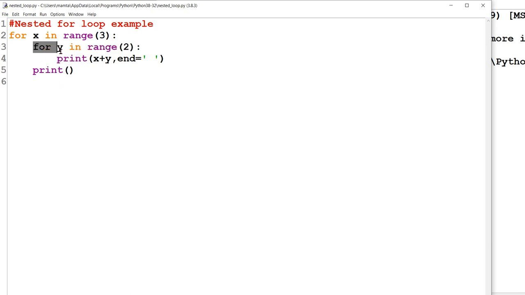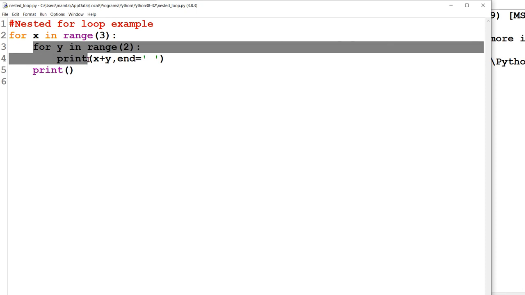So this is the inner loop. First you consider the statement of the inner loop. So this 3, 4 line will be considered as one statement because the fourth line print statement is within the inner loop. So the whole loop is considered as one statement. So within the outer loop there are two statements.